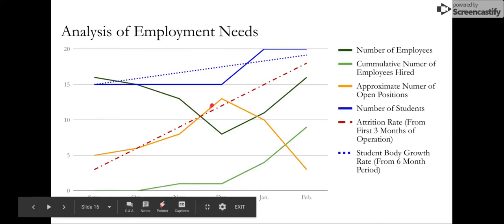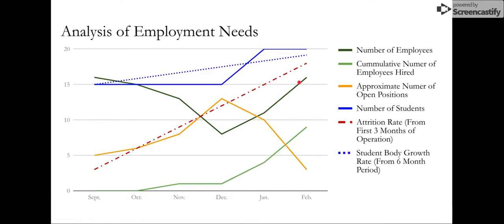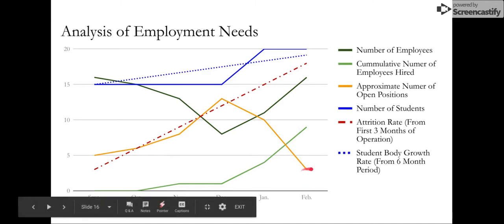And the approximate number of open positions has decreased because we've had a slight increase in our employees since December. But it's still not quite where it needs to be, where we have this gap right here that needs to be filled so that we are meeting a near one-to-one ratio with the students with the high rates of behaviors and restrictive skill sets. Our hiring has steadily increased, but again, this is not quite at the rate that we need it to occur, especially for that attrition rate being so consistently up.